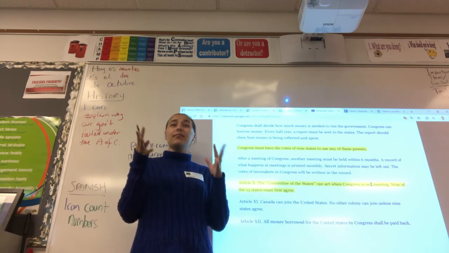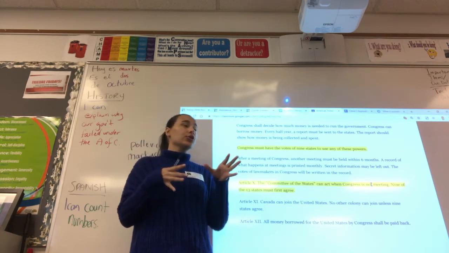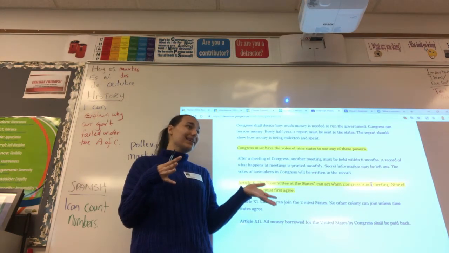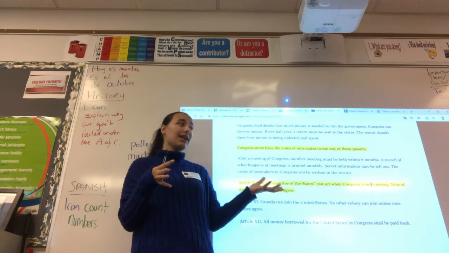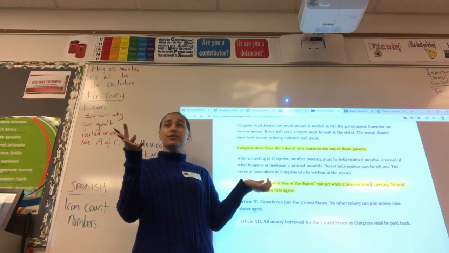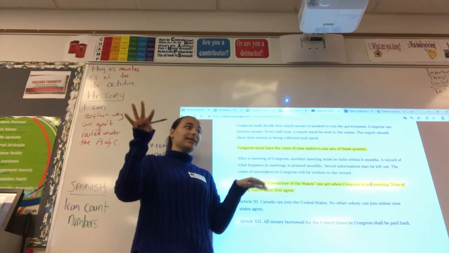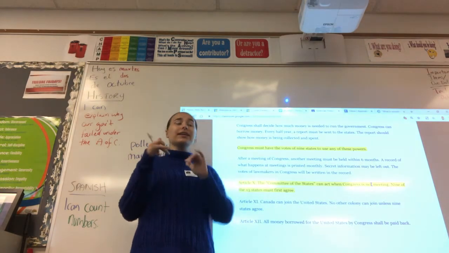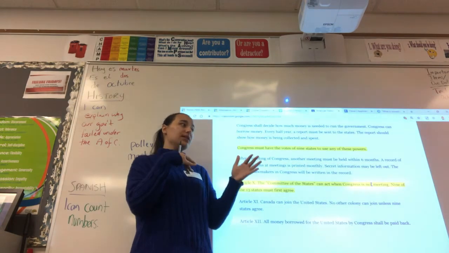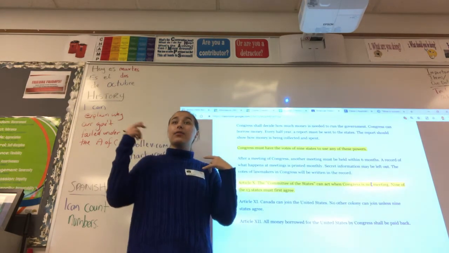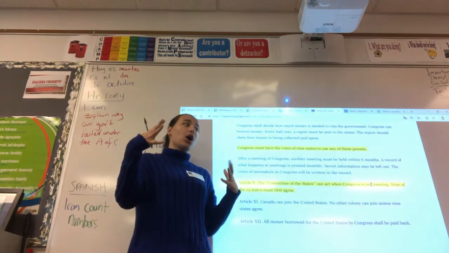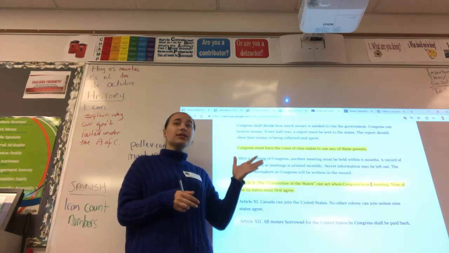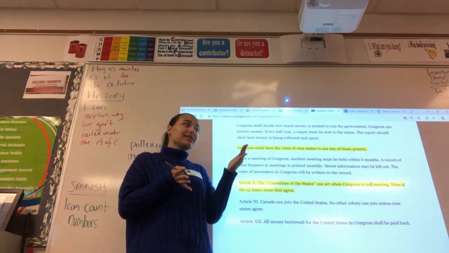If you live in Massachusetts, which we're going to see later, you want and need different things than if you live in Texas. In Texas, it's dry, it's hot, you might not be a farmer. In Massachusetts, they're right on the water, they need to be paying attention to what happens if a storm comes. They need to be prepared for different things. So where you live changes the rules that you need and the things that those people they're going to send to Congress are going to request. So if there's a big problem in Virginia, but that problem doesn't really exist in North Carolina.